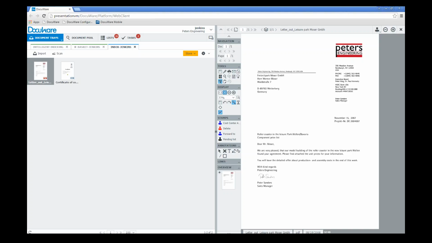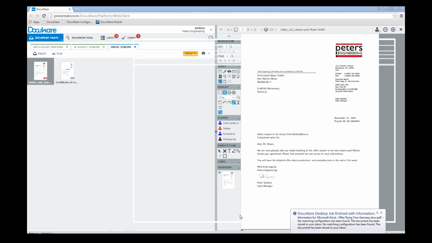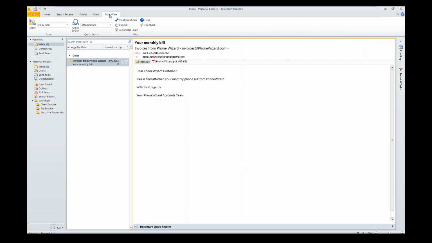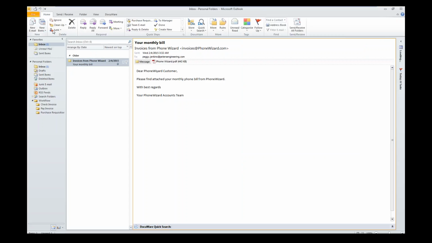very useful tool. If you're working in Outlook, we have a DocuWare tab once we install this client, and with this tab, we have different store configurations and search configurations so we could work right within Outlook without going into DocuWare, but still communicating and storing and integrating within DocuWare. So I'm going to come back home, and if I go to an email that I have, I